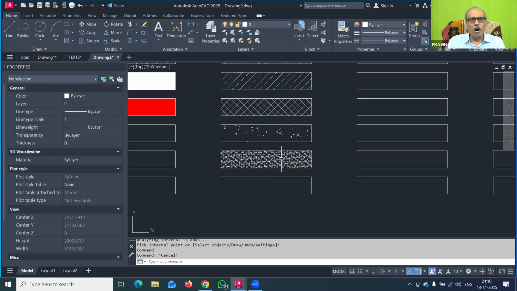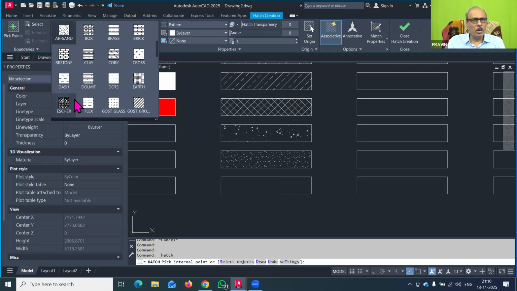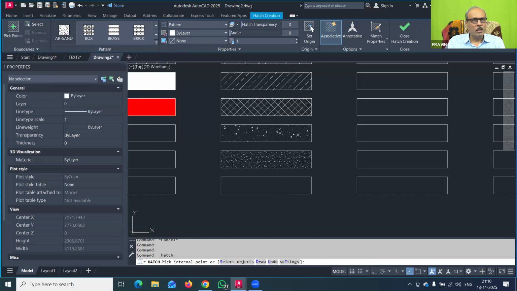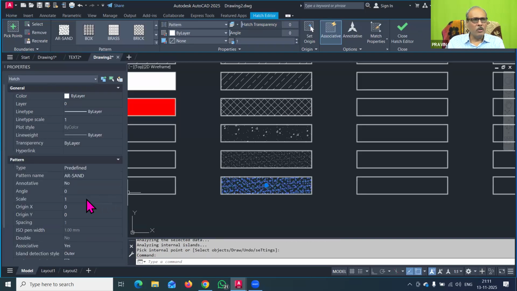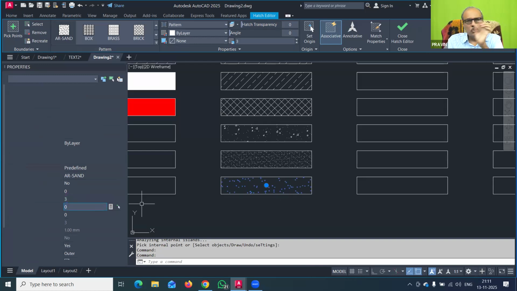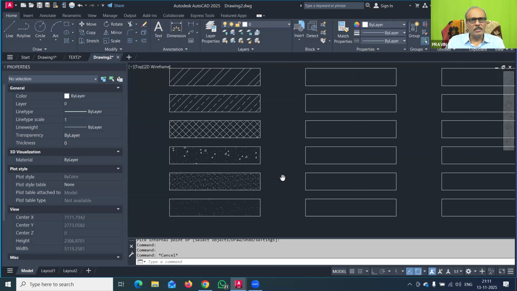Now this sand symbol you can sometimes use for plaster, showing a textured plaster on the elevation part. For that purpose you can again go to the hatch command, open this panel and then go to the AR sand option. So the AR sand option is here. Now in AR sand I will click here, press enter. Now you can select this sand pattern and make the scale 3 or 4. Now that pattern gets a little scattered. So sometimes some dots appear and it shows that this is a plaster surface. So this way you can use this AR sand command.